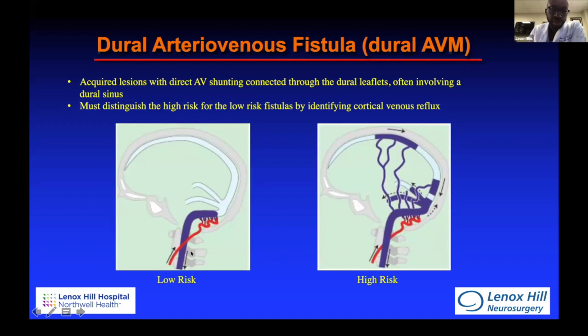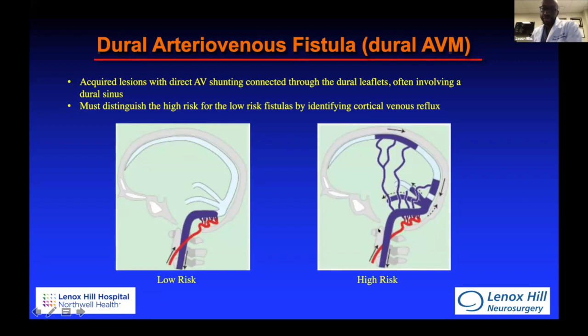The low-risk ones are where you see direct arteriovenous shunting from an artery into a venous sinus, but the flow is essentially in the normal direction. So in this case, this artery flows into the transverse sinus, and then blood essentially flows down the jugular vein